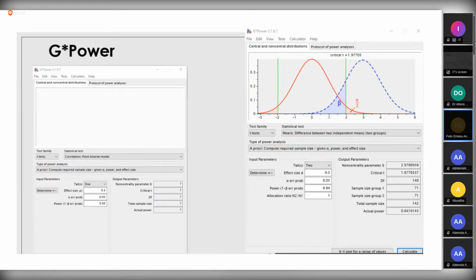A minimum sample size of 71, because for this sample size I calculated, I am looking for differences in 2 independent means, meaning that I'm calculating a sample size where I want to check for differences in means, so it will be 2 groups. If you look here, the first group will be 71, the second group will be 71. So these things can be calculated manually without using a software. Let me show us how to calculate manually now.